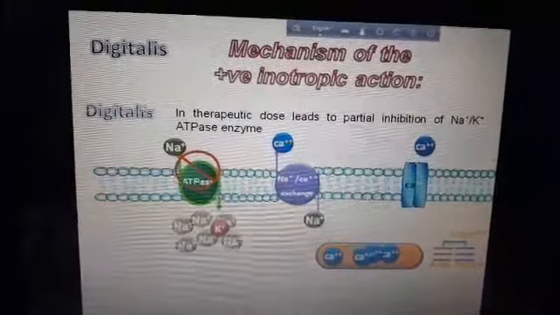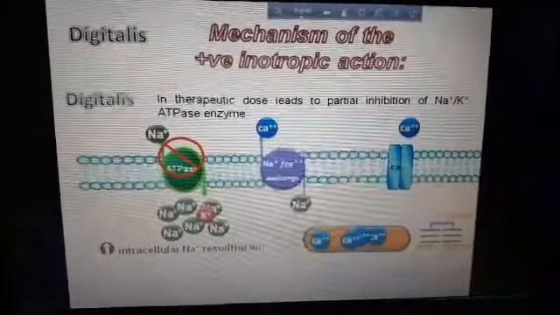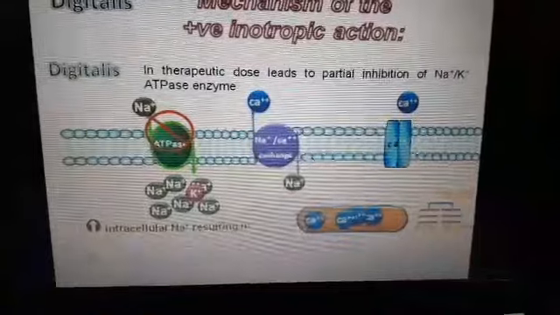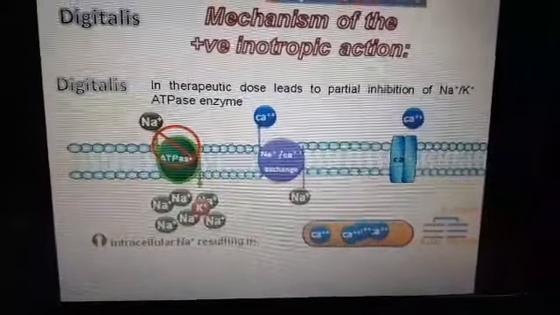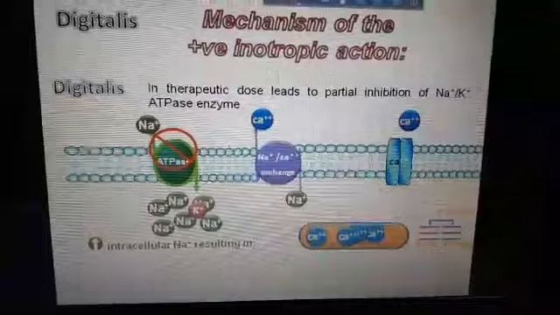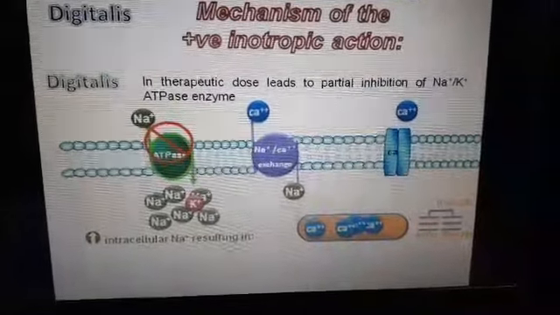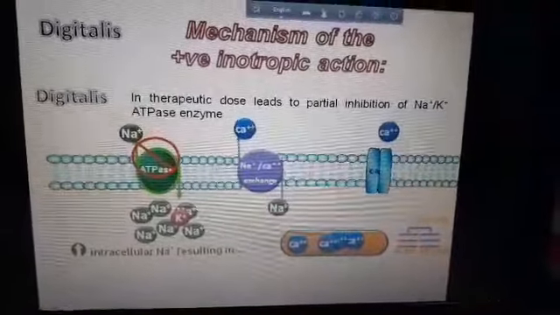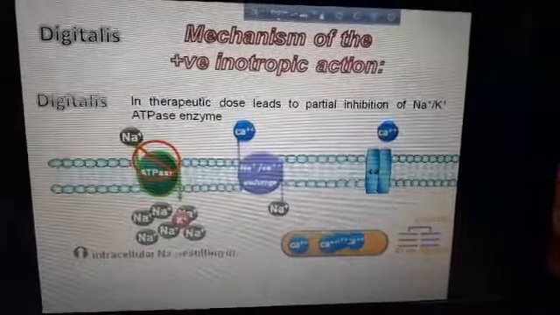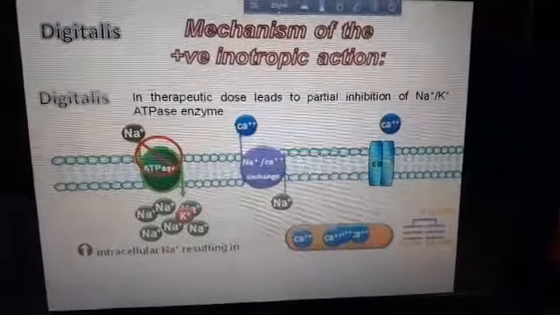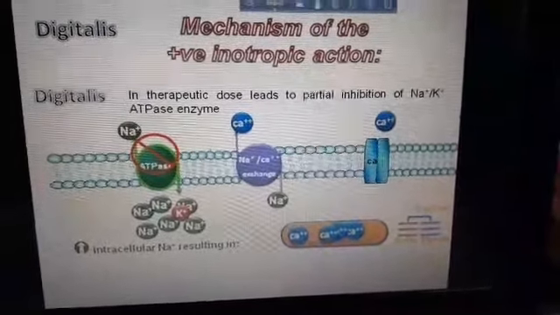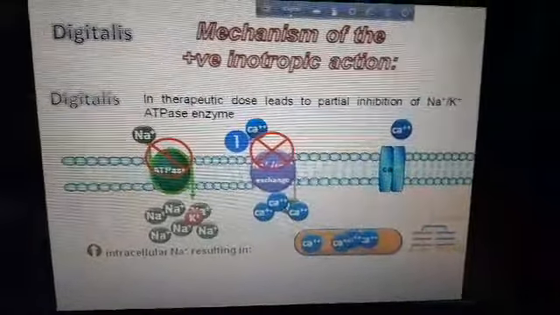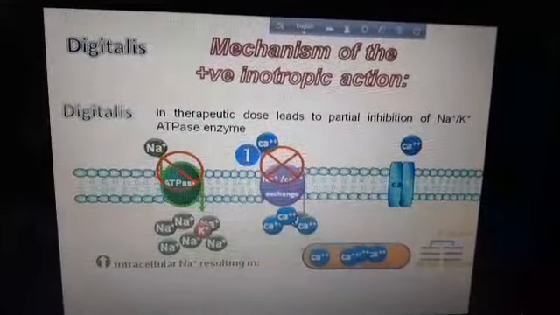So a therapeutic dose leads to partial inhibition of the sodium potassium ATPase channel. So intracellular sodium remains inside. Sodium is not exited. That's why the sodium calcium exchanger is also not activated, because it is activated only when there is activation of the sodium potassium ATPase pump. Normally the sodium calcium exchanger will cause calcium to get out and sodium to get in, but as this doesn't happen, calcium remains inside the cell. So there is partial inhibition of the sodium calcium exchanger also, causing increased concentration of calcium inside